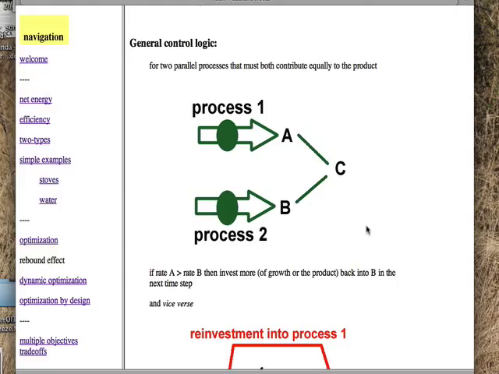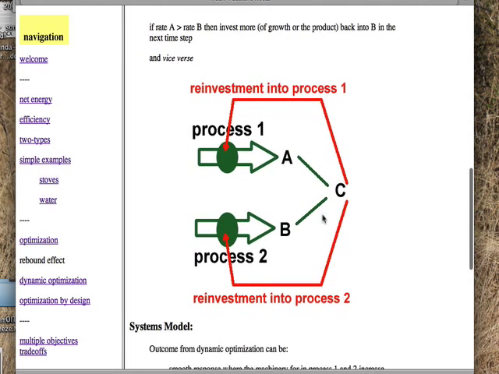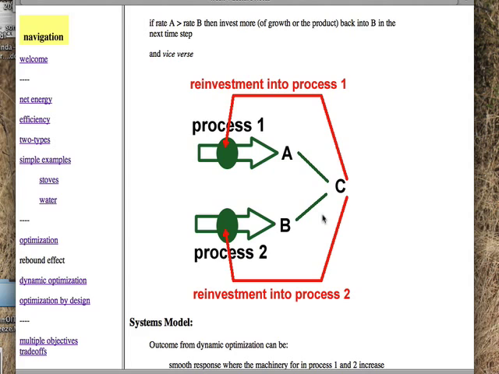What do you do? Well, if you're running an assembly line, maybe, or you've got a farm and you've got too many eggs and not enough milk, you increase one and decrease the other. But there's a way where this investment process, the logic of it, can be coded into an automatic process, automatic optimization. And that is, here you have process A and process B, and they lead to C. And when you have more C, and C could be, say, maybe